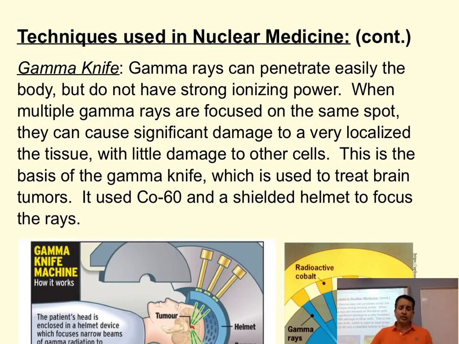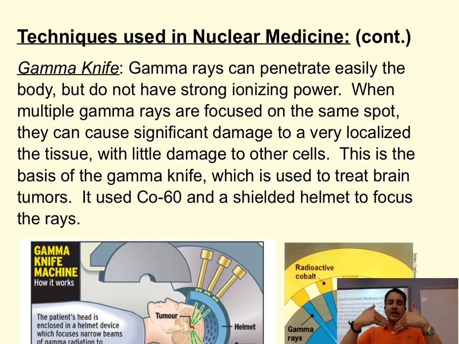Another technique that is used in nuclear medicine is the gamma knife. The gamma knife is an external type of radiation, and it uses gamma rays. It's obvious from its name, gamma knife. Now, each particular gamma ray, even though it has a very strong penetrating power, does not have a very significant ionizing power, so it does not create a lot of damage. But if we can use